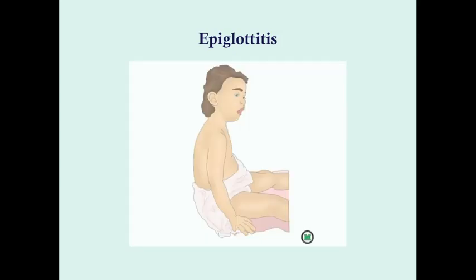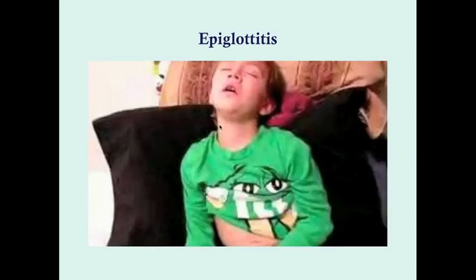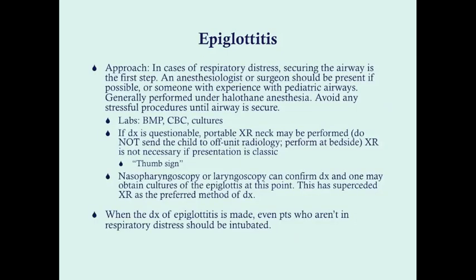Okay, let's go back here. So this is an example of that sniffing position. So note that her mouth is open. She's also got her hands on the floor. That also helps her with breathing. This is called the tripod position. But she's in that sniffing position where her chin is hyperextended and she's sort of leaning in here. Here's another example. Mouth open, leaning in, chin hyperextended compared to the neck here. And here's another kid that's totally like that again. Mouth open, head sort of pointed upward, he's got his chin hyperextended, and he's leaning forward. These are all children with epiglottitis.